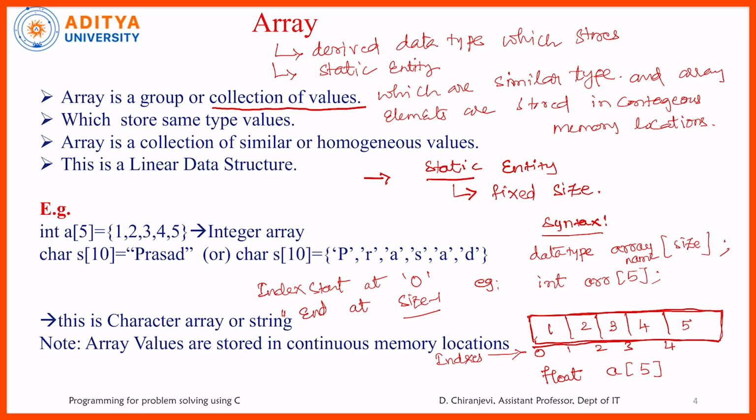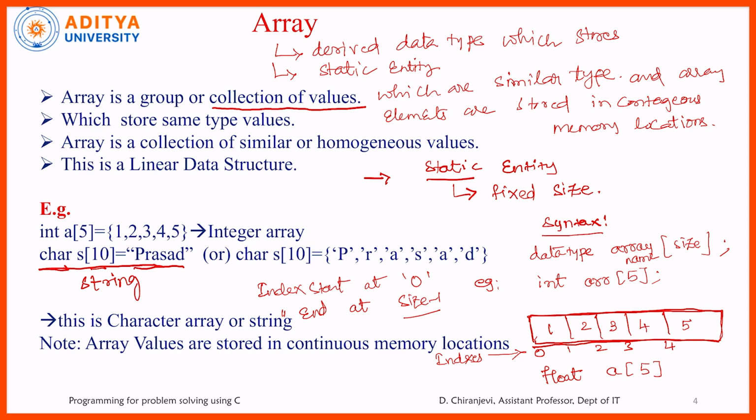Similarly you can declare a char array. Here we have declared a char array using the char data type, whose size is 10, and in double quotes you have written the value. Now, is this a character array or a string? If you look carefully, the size you specified is 10 and then you stored a number of characters, 1 2 3 4 5 6, and the last character is null. So this is a string, because you stored it in double quotes.